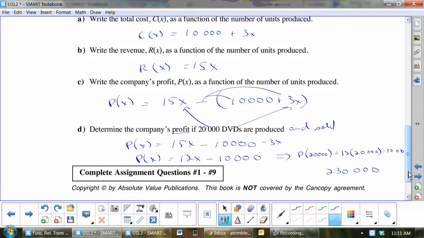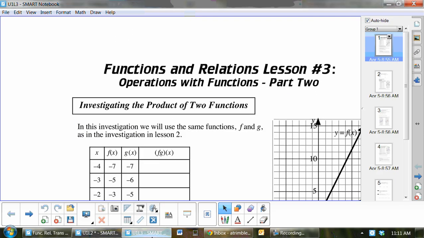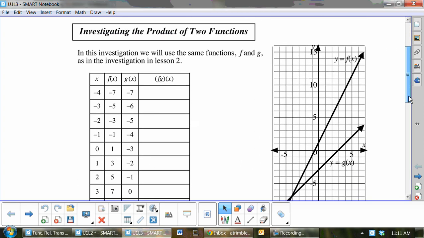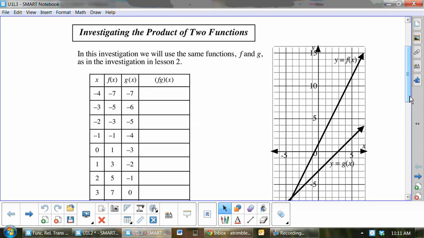Okay, so we're going on to the next one, but you're doing 1 to 4 and 7 to 9 in this one. Okay, let's go to Unit 3. Okay. Now, this one here,